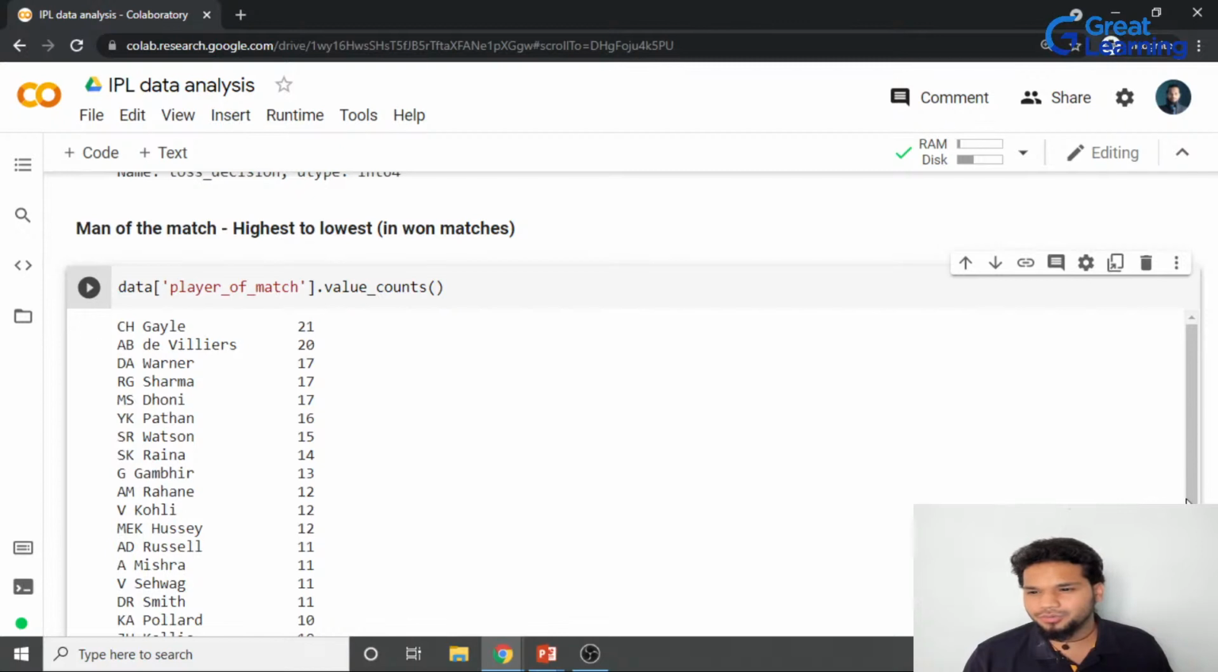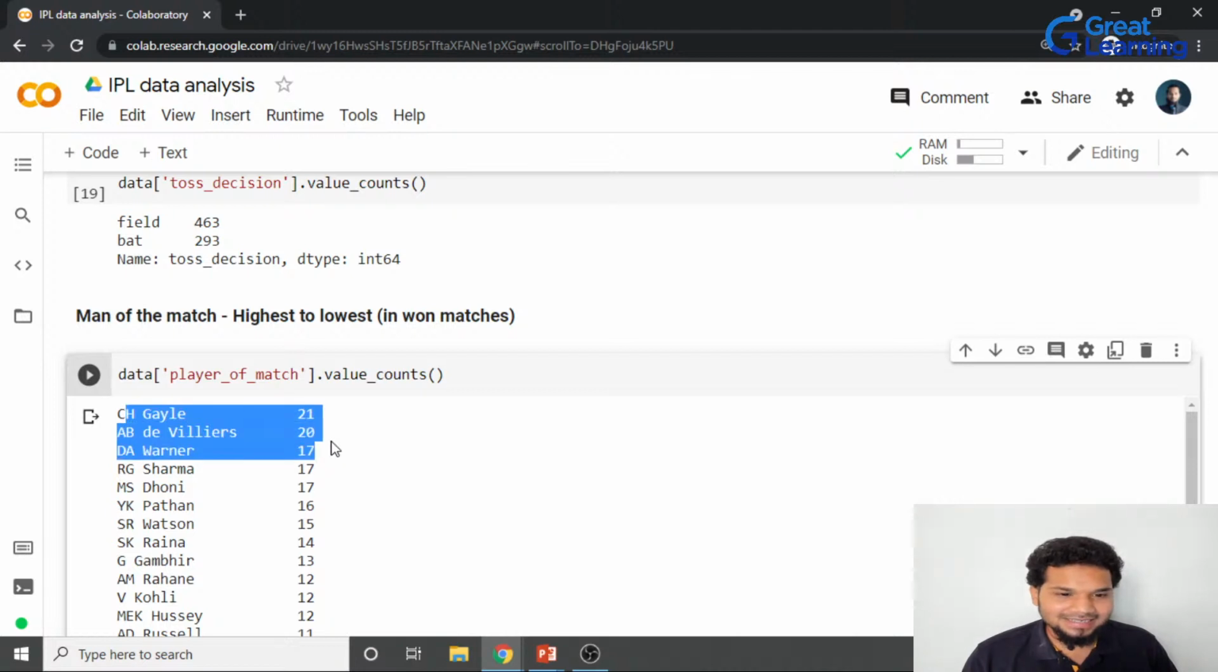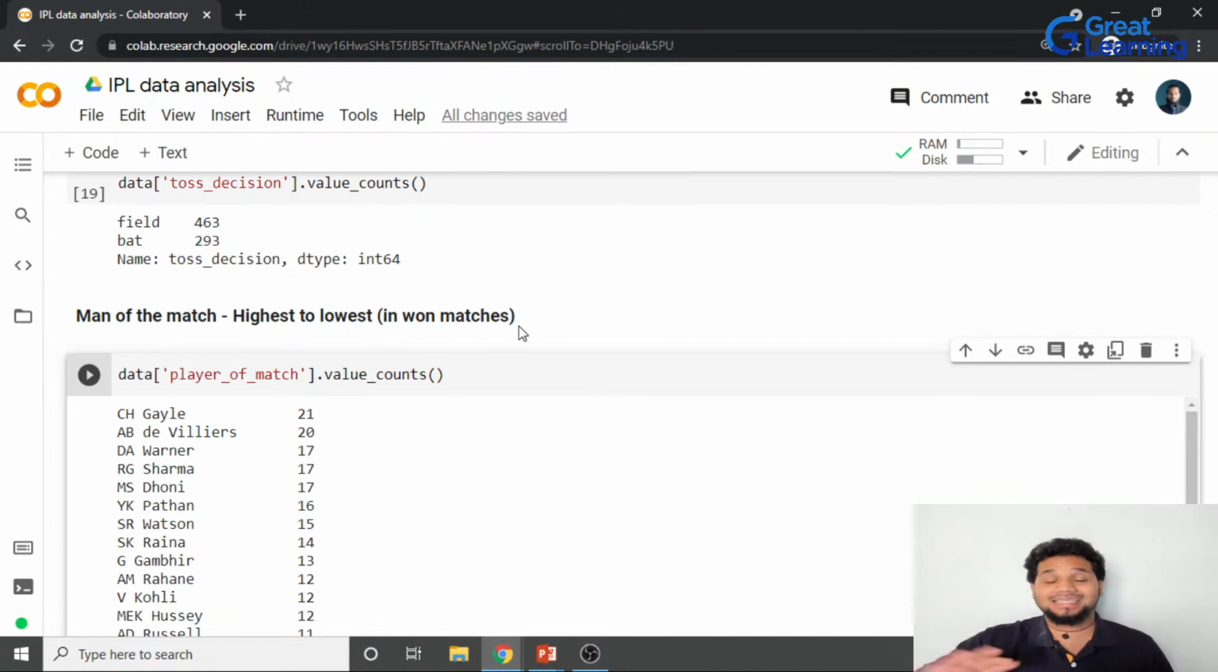It'll basically show you details about the person who has won man of the match most number of times, and these are the three guys, of course, all considering the data that we have: Christopher Henry Gayle, AB de Villiers and Warner. These three guys are the top three who have won the maximum player of the match. Now I don't know if this is true even in 2021, but as of the data that we have,